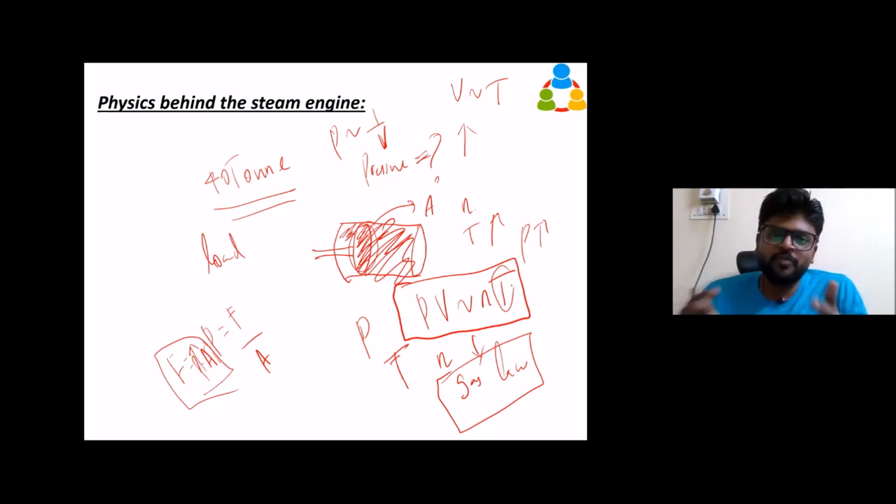The more CC, the more powerful, because the area of the piston where the pressure acts increases. So pressure into area will be the force. When the area increases for the same pressure, we get more force, right? So pressure into area is force, and we'll get more pulling force. So temperature, number of steam molecules, and volume are important to get more force.